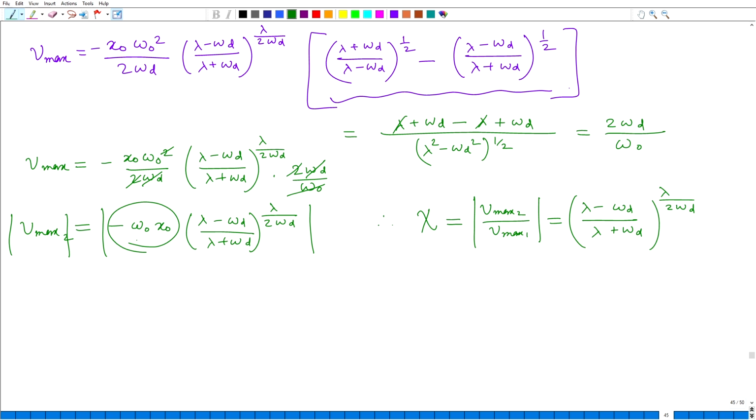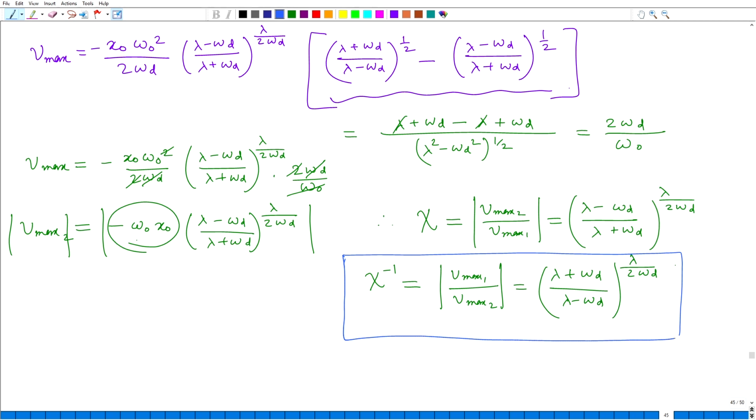Of course, we can also say that the ratio inverse, which will be V max 1 by V max 2, will be simply lambda plus omega d by lambda minus omega d whole to the lambda by 2 omega d. Okay. So, finally, you will have an interesting answer,